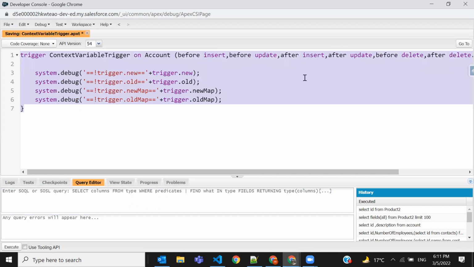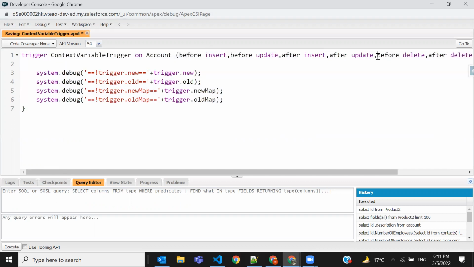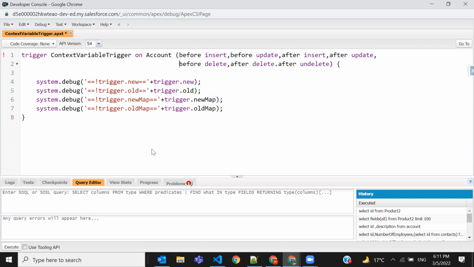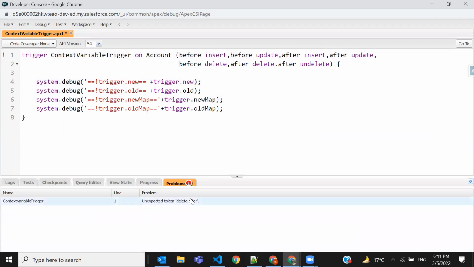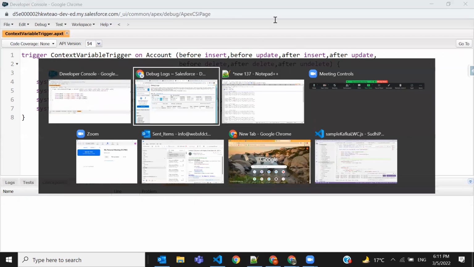Okay, we have written all of them: before insert, before update, after insert, after update, before delete. So if I'm going to update the record,